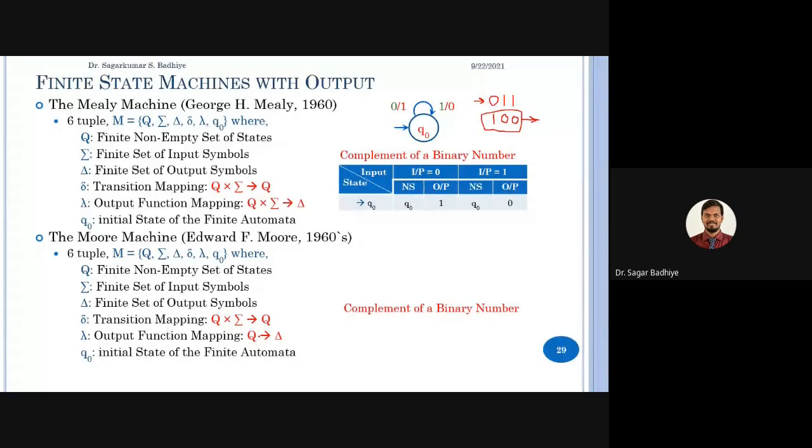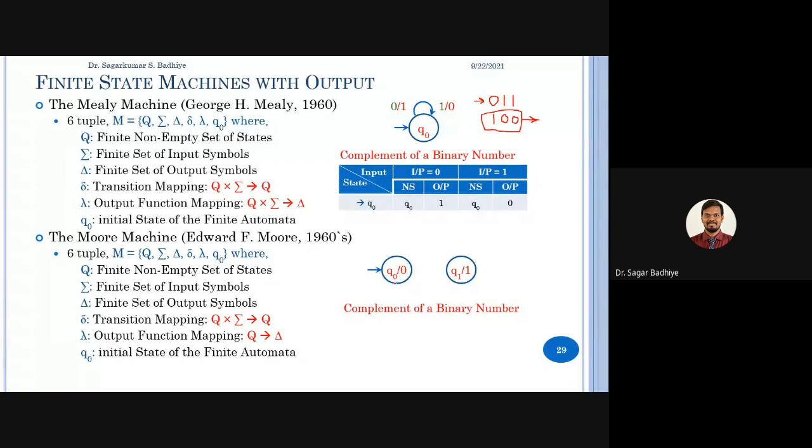Okay, so one state will represent output 0, another state will represent output 1. So we have considered the initial state q0, which will represent output 0, and the second state q1, which will represent output 1. So whenever you are in the initial state, whether you have read something or not, the machine will always produce an output 0. Okay, then if you get 0 as input in the initial state, your output should be 1.